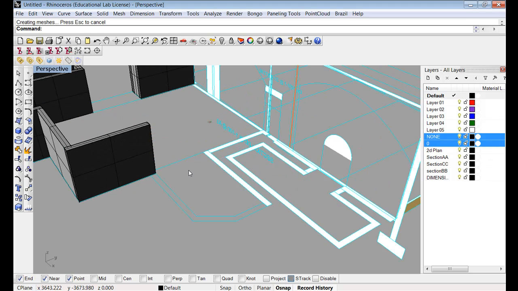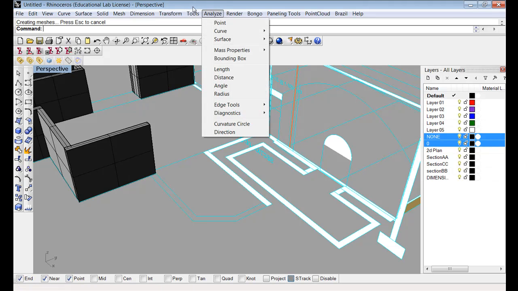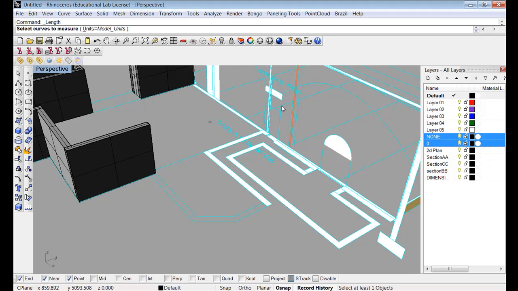What's that? Yeah, there is, but that's the... I mean, you know, it's analyze up here. There's analyze, and then we can go to length, right? And then I can pick a line there. Oops, not that one. Analyze length. Select that, and it's